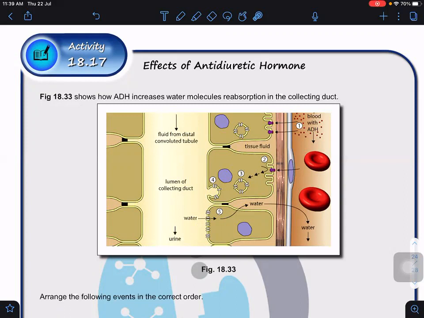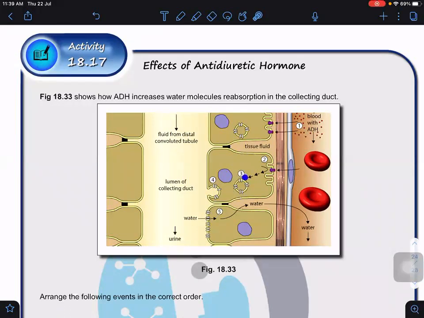So what is the effect of ADH? Basically, first they bind to the receptor. When they bind to the receptor, it's going to change the shape, okay, the three-dimensional shape of the receptor. Then after that, we're going to cause the activation of the G protein, and the G protein will activate the adenylyl cyclase. So it means that adenylyl cyclase can now convert the ATP to cAMP. The cAMP acts as a second messenger, triggers the activation of the downstream enzymes, until it will cause